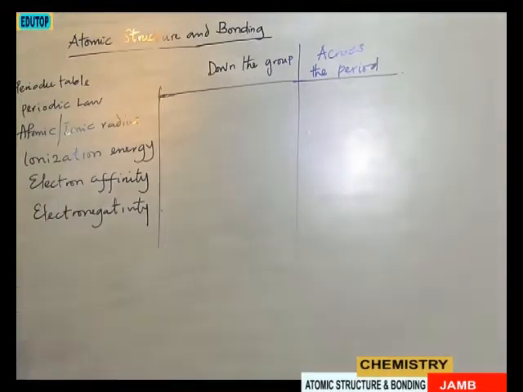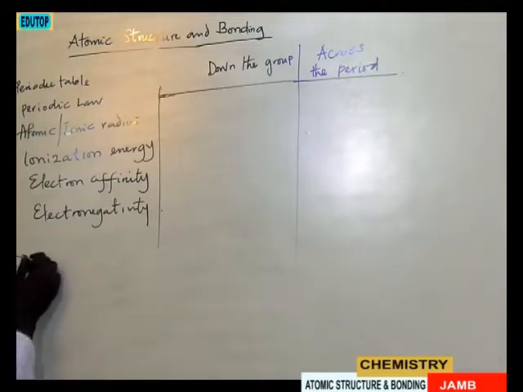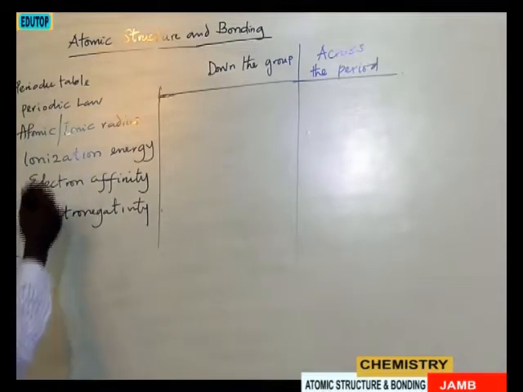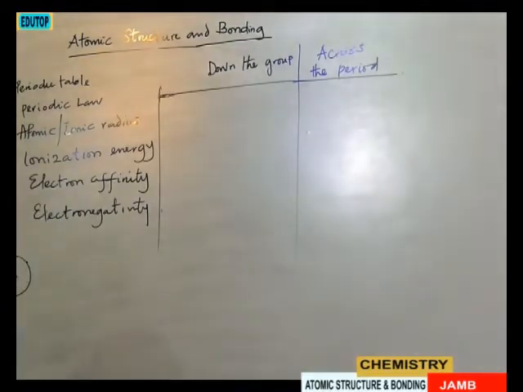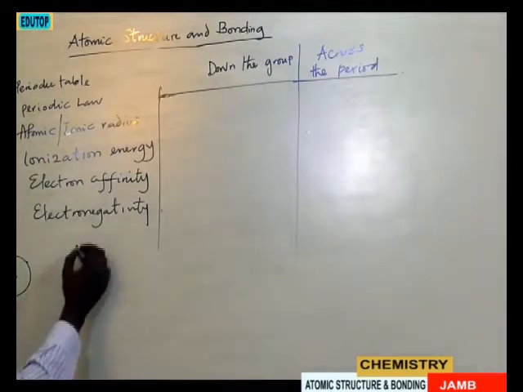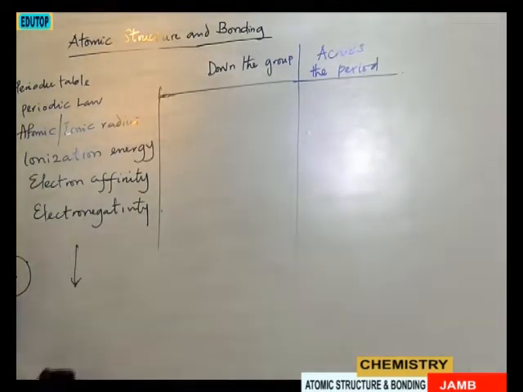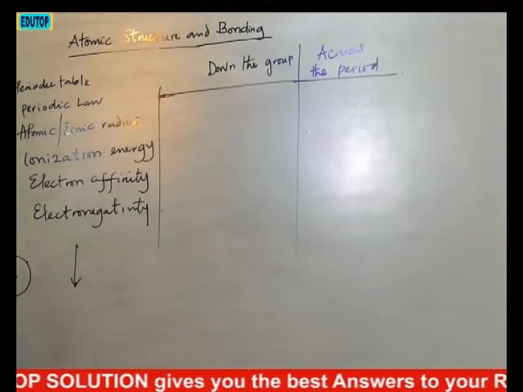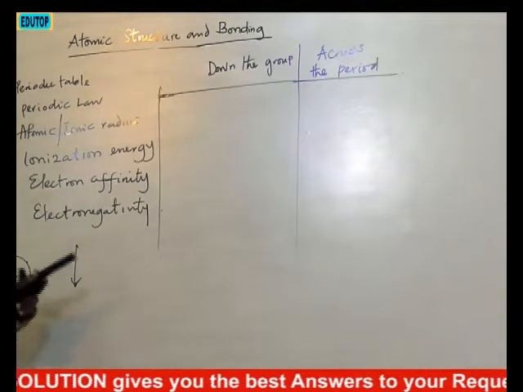Atomic radius down the group. Atomic radius is the distance between the positively charged nucleus and the electron, which is negatively charged, revolving around the orbit. Now, how does atomic radius respond down the group? As you move down the group, what happens to the size? As you move down the group, the number of shells increases. That means the distance between the positively charged nucleus and the